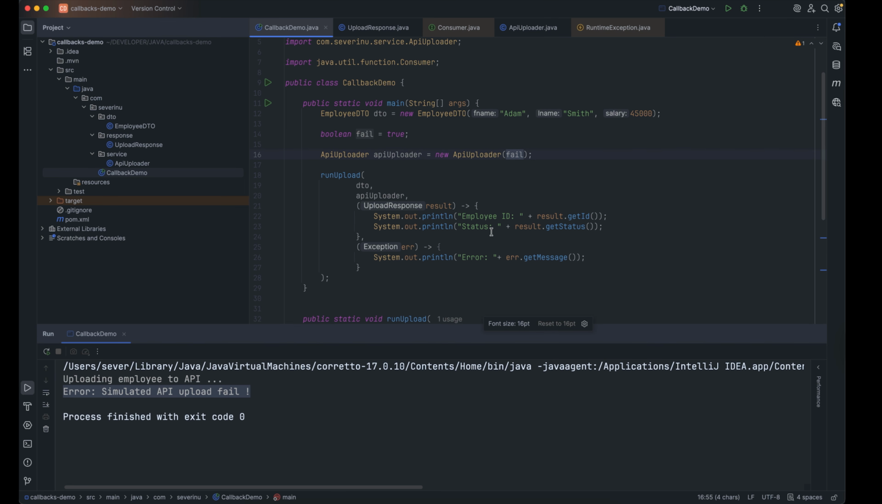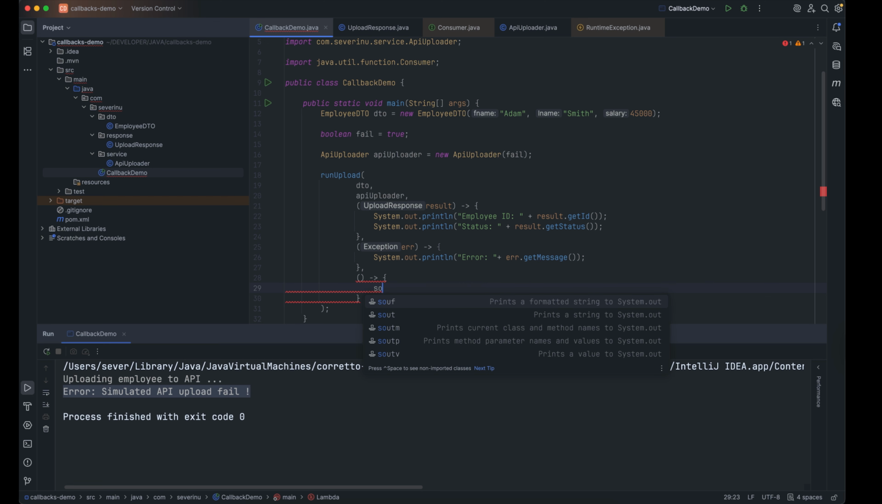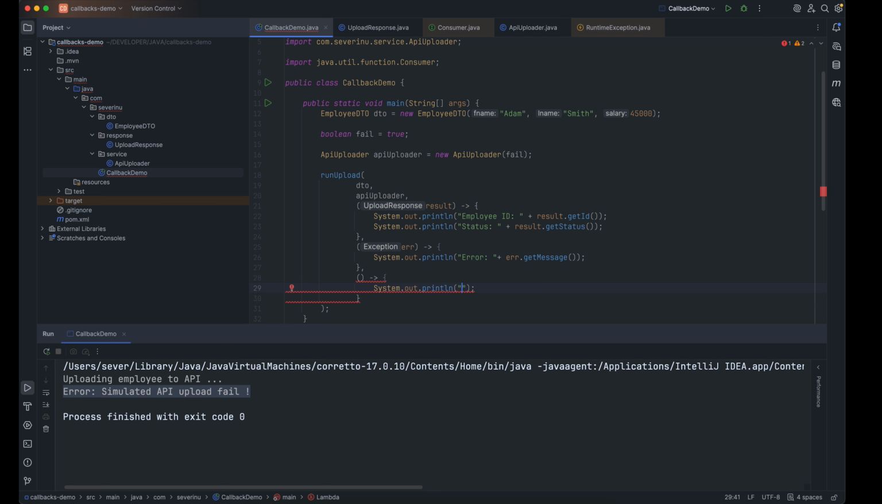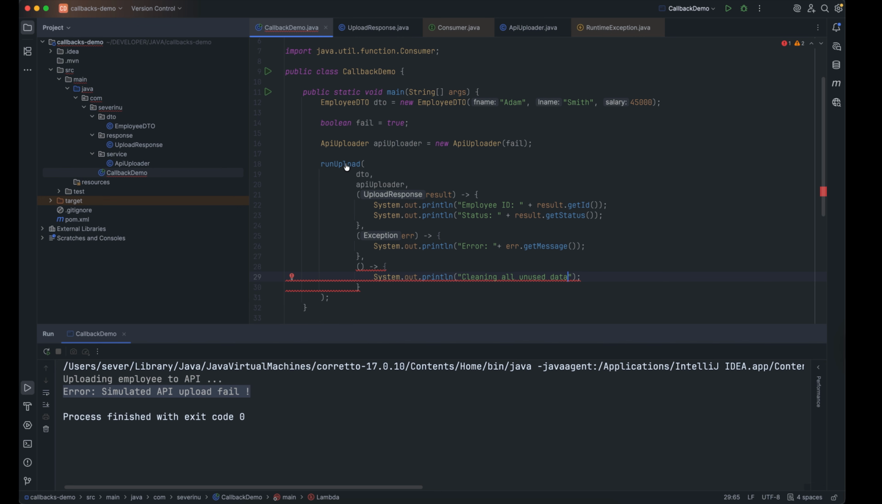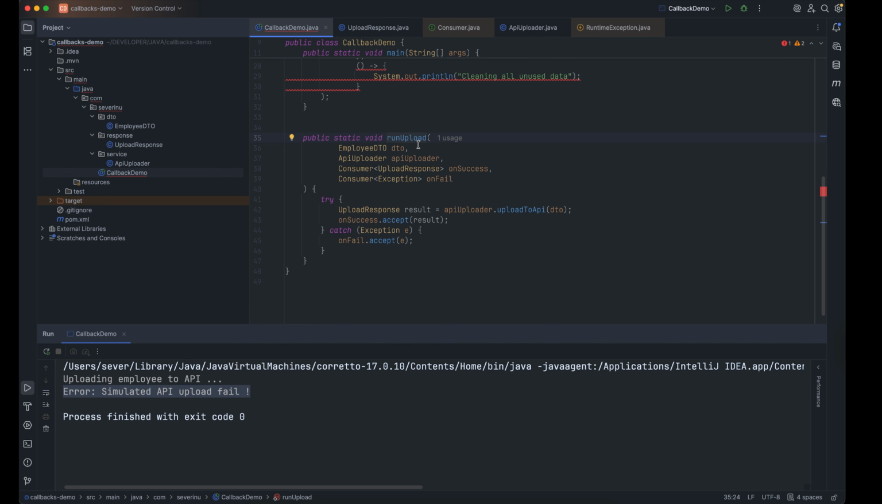You can do different stuff here. For example, let's maybe add a new callback, which I'm actually using quite a lot. Yeah, so let's do another callback here. Finalize, cleaning all the data, unused data, whatever that is. So we don't have that thing here, so we have to go to the run upload method,